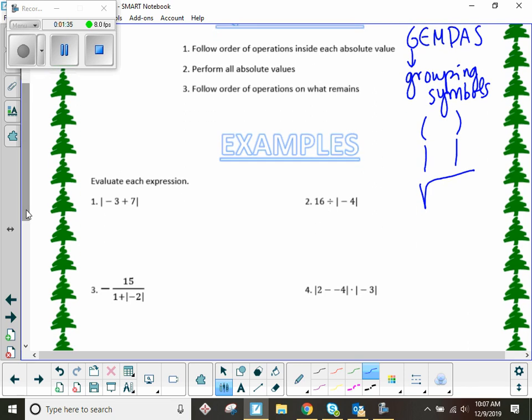Parentheses just group stuff together, and they don't ask you to do anything else. The lesson's really fast, just hold tight. The absolute value bars, though, they do ask you to do something else. So they group stuff together. You do all the math, so here's your absolute value bars. You do all the math in there until you can't anymore. And then the very last thing you're going to do is perform that absolute value, which means how far is